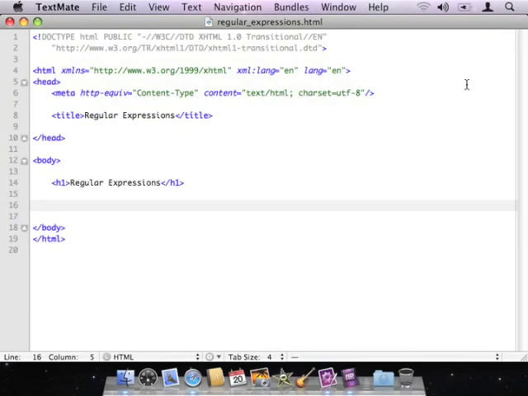Hello everyone. This time around I want to tackle a little subject called regular expressions. Regular expressions are a little bit different than what we've been talking about because they themselves are not actually a part of JavaScript. Instead, regular expressions are sort of a sublanguage, you might say, that's actually present in a great many different programming languages. So more or less what we're going to do here is we're going to learn a